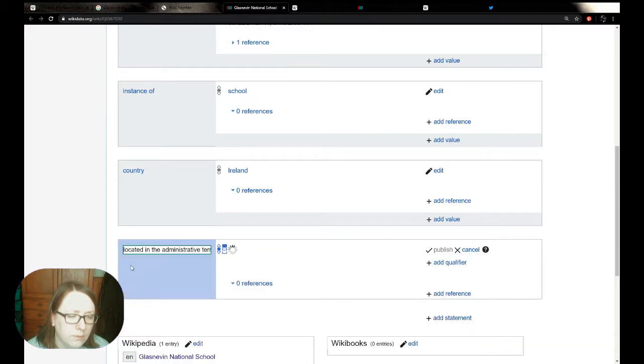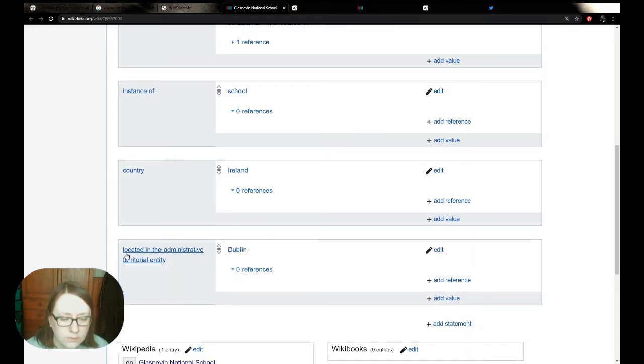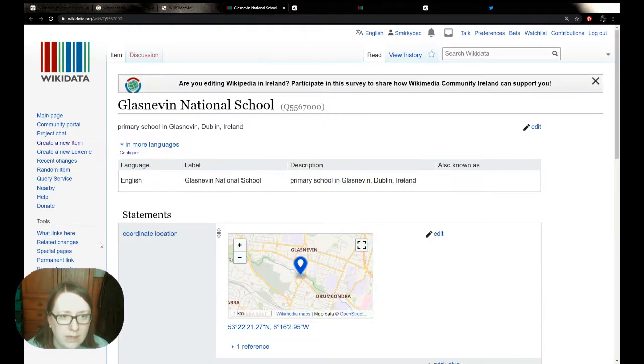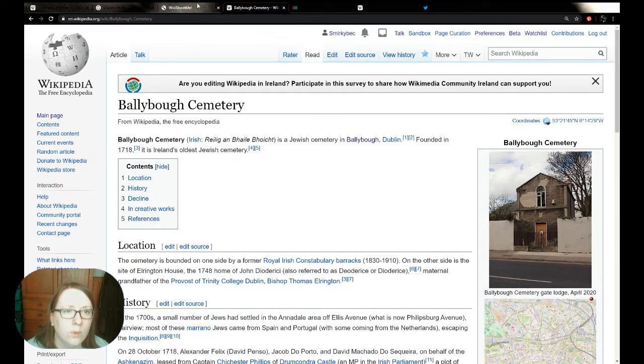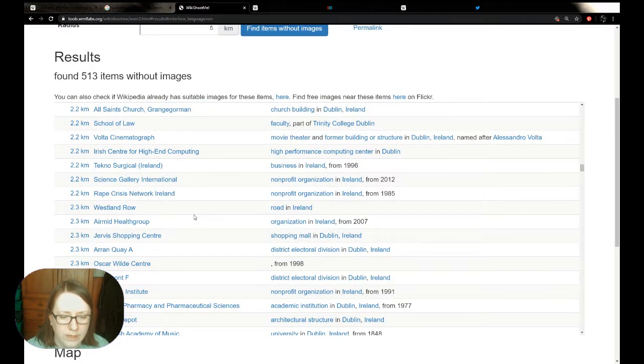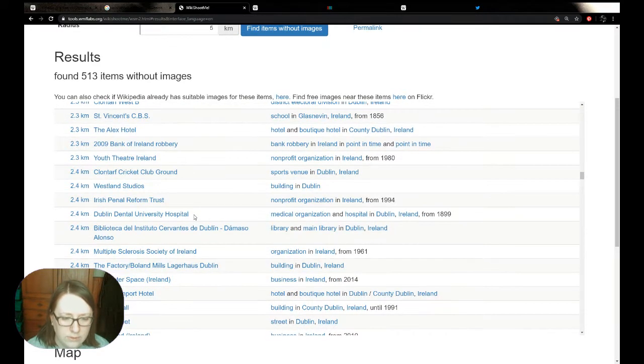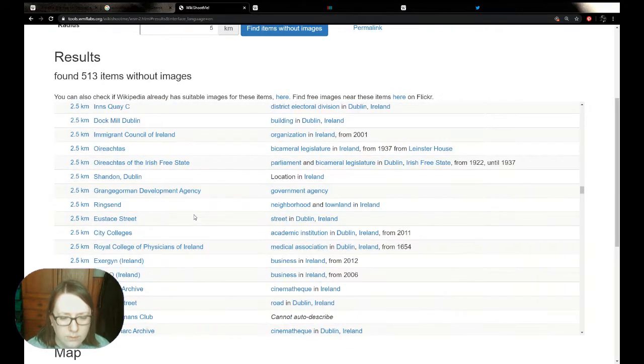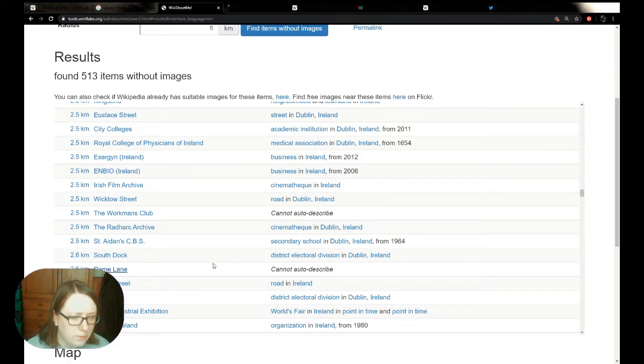Because obviously we're dealing with objects that are all broadly physical locations, it's quite repetitive, the steps that we're taking here. But it means that you can quite quickly buzz through a number of edits because you're not having to figure it out over and over again. Do we have another one? Let's go to